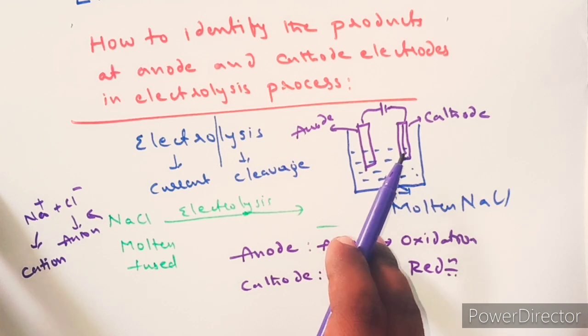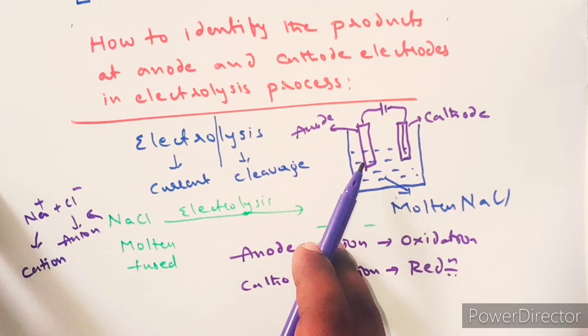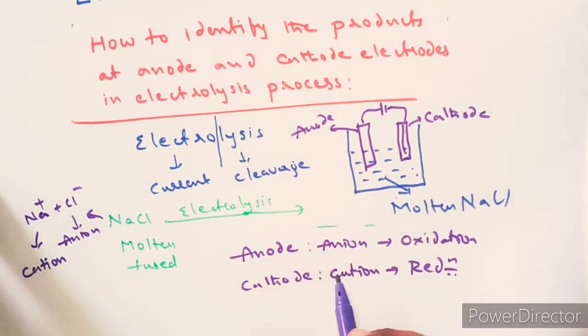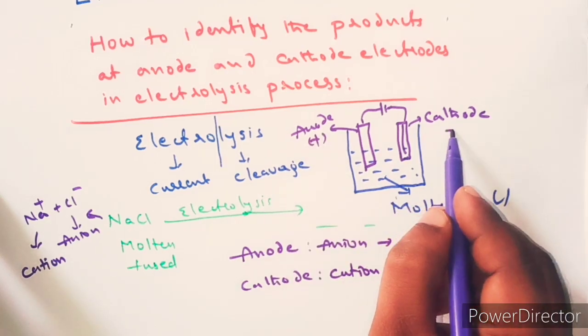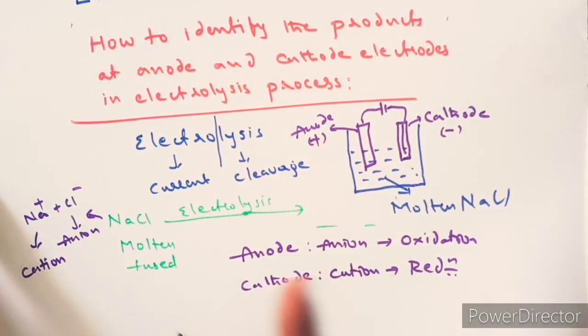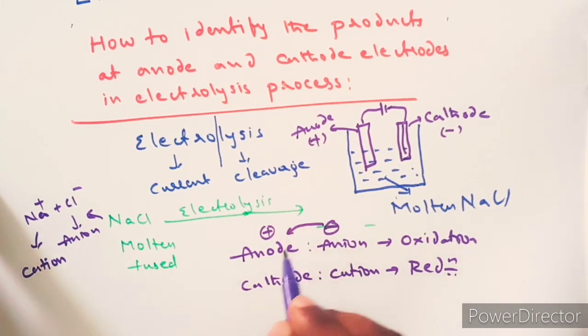One of the electrodes is an anode, another is a cathode. Anions migrate towards the anode because the anion carries a negative charge, the anode carries a positive charge, and the cathode carries a negative charge. The cation carries a positive charge. So oppositely charged ions attract: the negatively charged particle migrates towards the positive electrode, called the anode, and the positively charged cation migrates towards the oppositely charged electrode, called the cathode.